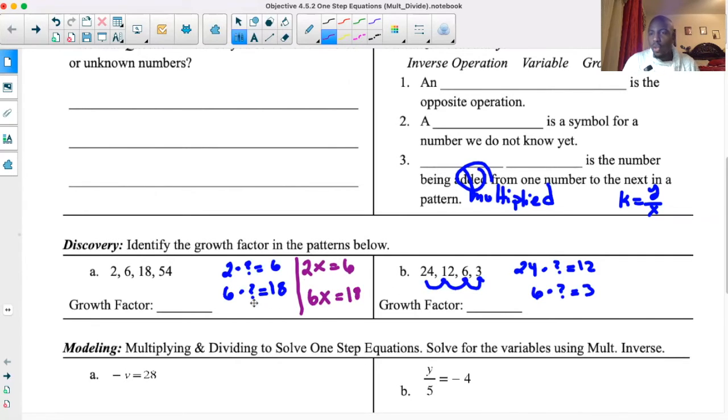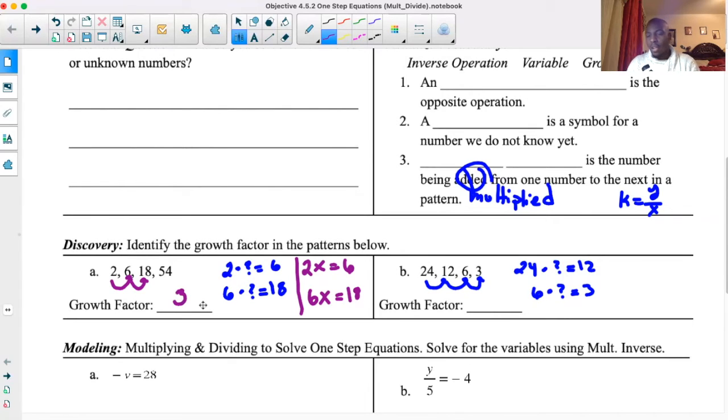And this is why we're doing one-step equations, because if you can identify that there's a one-step equation here and solve it, it would make it easier for you to identify the constant in the next unit, identify the growth factor in the next unit. But these are simple patterns. I'm hoping that when you looked at here, you said to go from 2 to 6, 6 to 18, I multiply by 3,